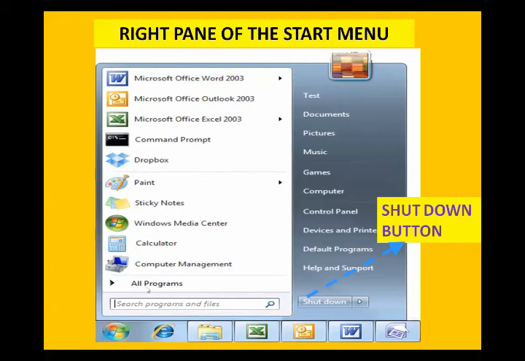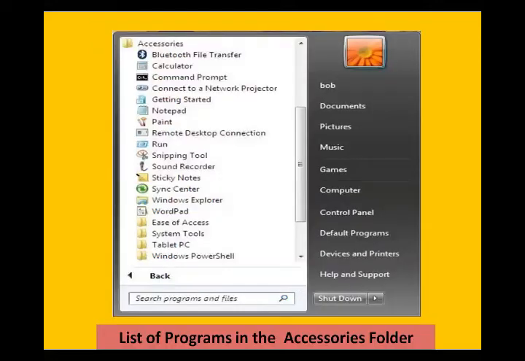And when you click on all programs, it shows recently opened files and a list of programs in the accessories folder in alphabetic order. You can see here written Bluetooth file transfer, calculator, command prompt, connect to a network, projector, getting started, notepad, paint.